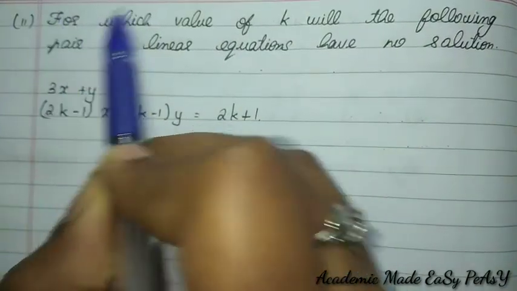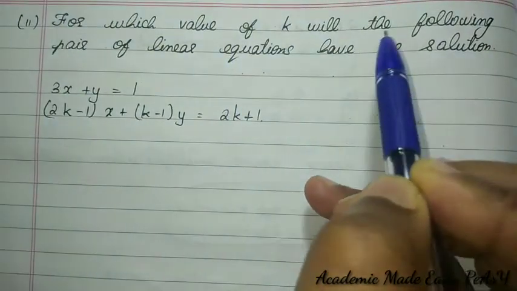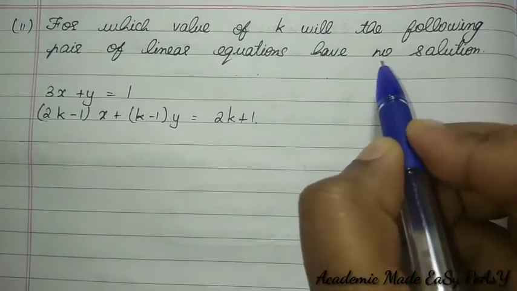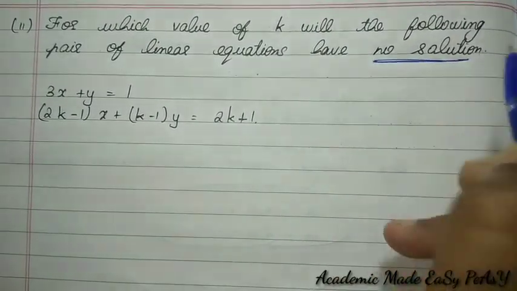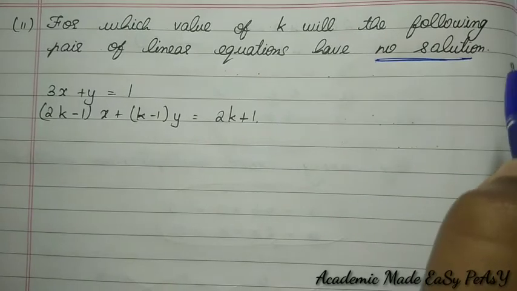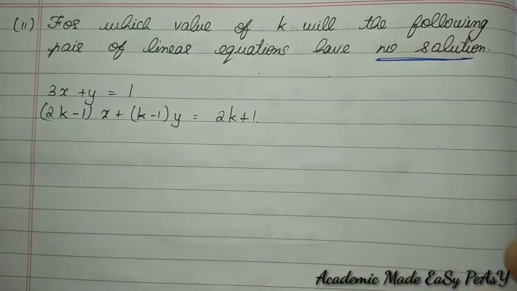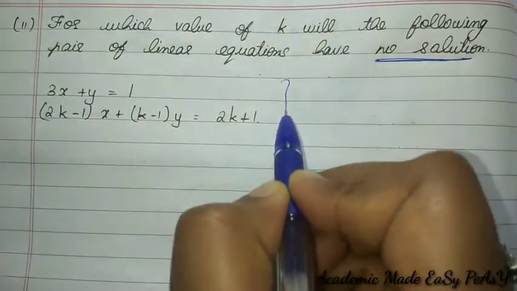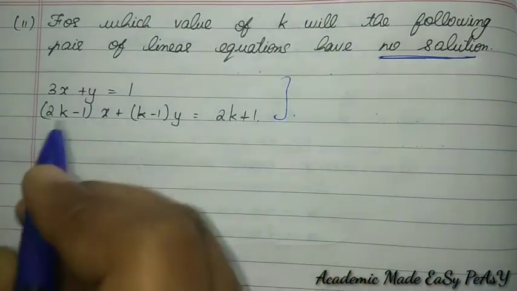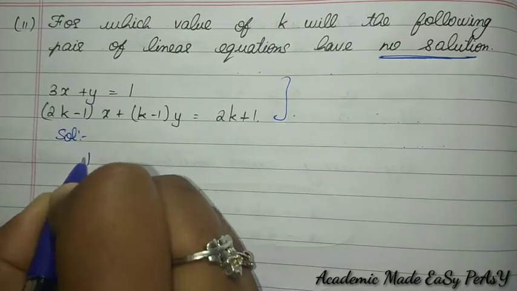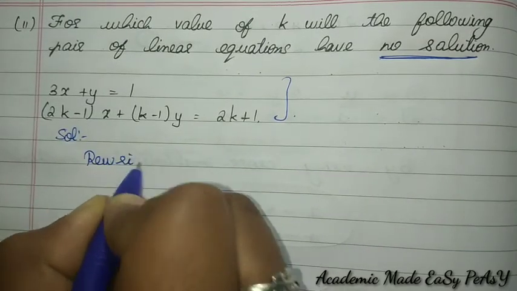Subdivision 2. For which value of k will the following pair of linear equations have no solution? Last question, it was for infinitely many solutions, and for this, no solution. So the pair of linear equations is given. So first let us write it in the standard form. So rewriting